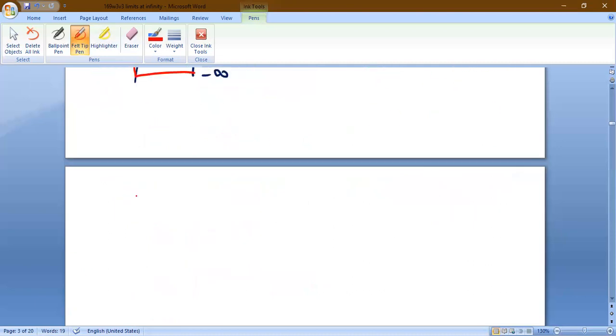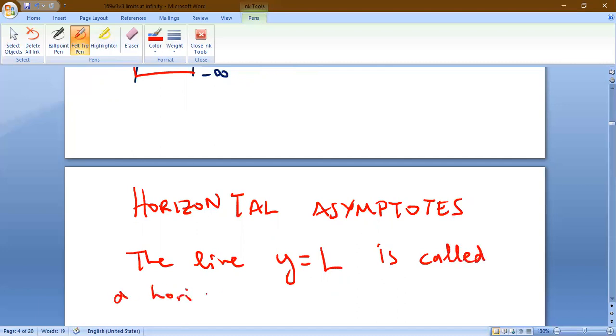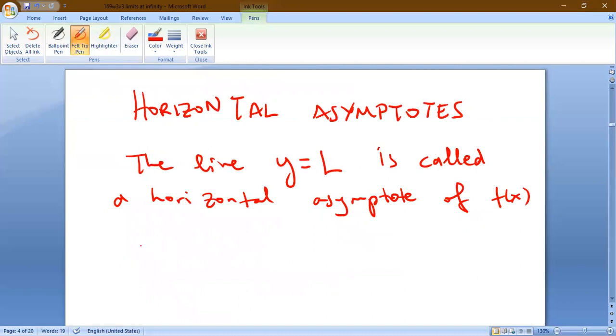Okay, now the last thing about these things is horizontal asymptotes. So we say that the line y equals L is called a horizontal asymptote of f if